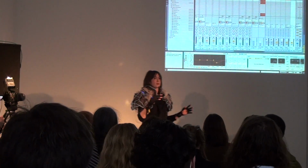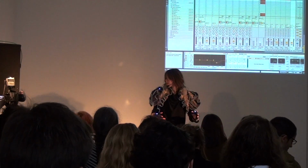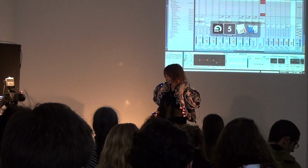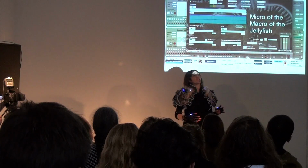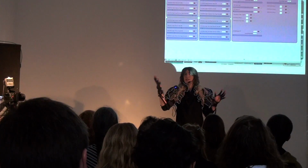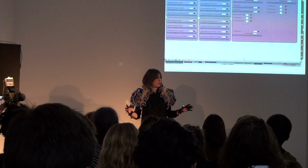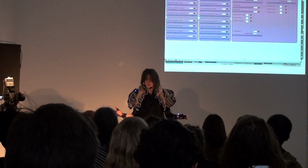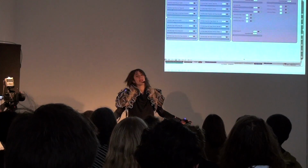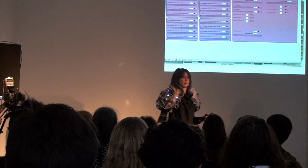And then the other thing I haven't mentioned is how we're using the Connect. With the Connect, I wanted to not only have all of these possibilities in my hands, but also to double up the possibilities by using the stage as an extra dimension. So if I go over here,